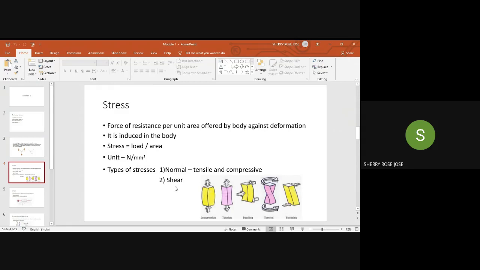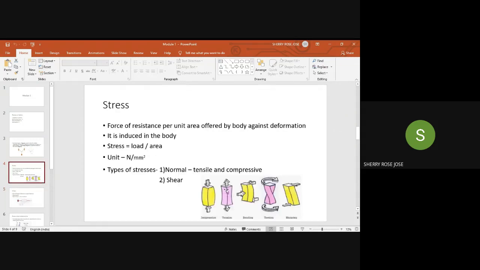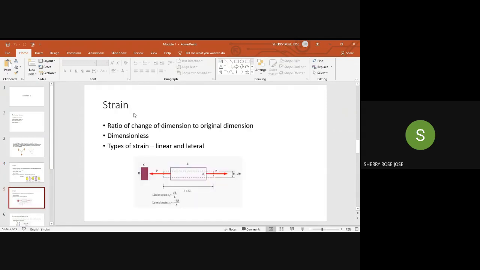Okay, fine. Now we are moving on to strain. I have told you that when a tensile stress is applied on a body, this body gets elongated, and when a compressive force is applied on a body, it gets compressed. That means there is some change. In all these cases, there is some change in the shape of the body, or there is change in the dimensions of the body. And strain is defined as the ratio of this change in dimension to the original dimension